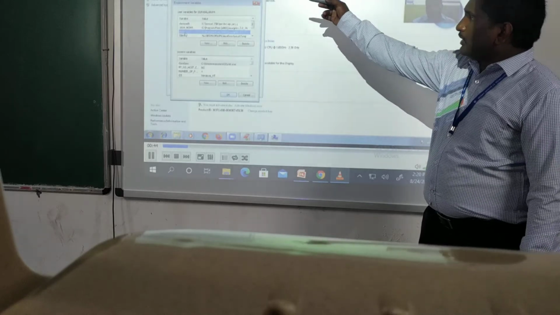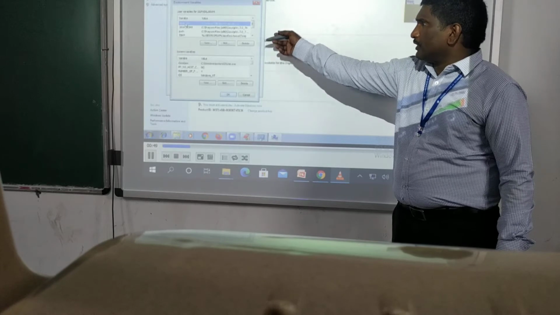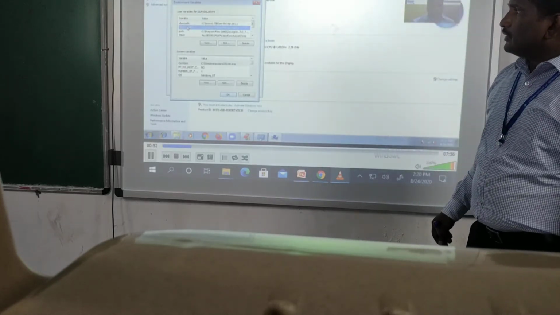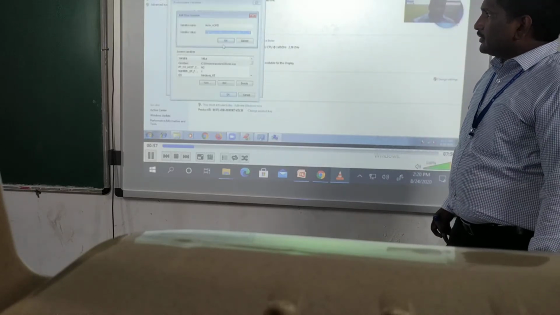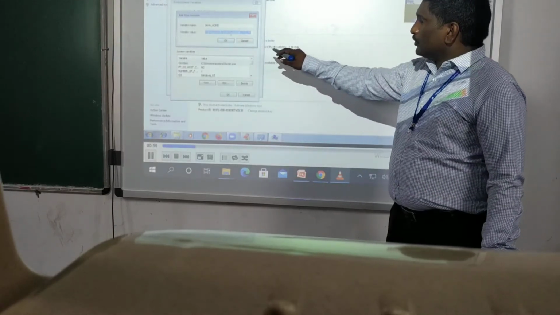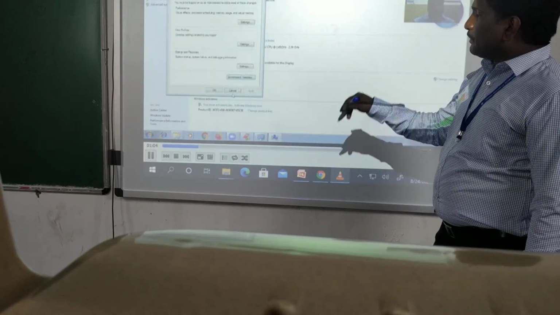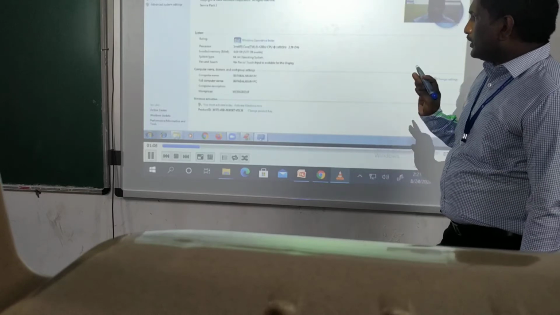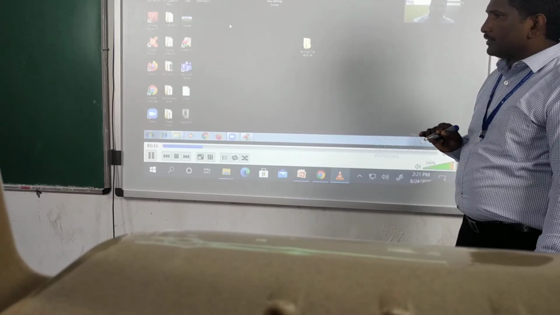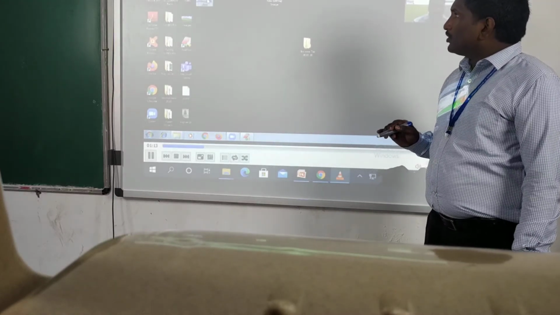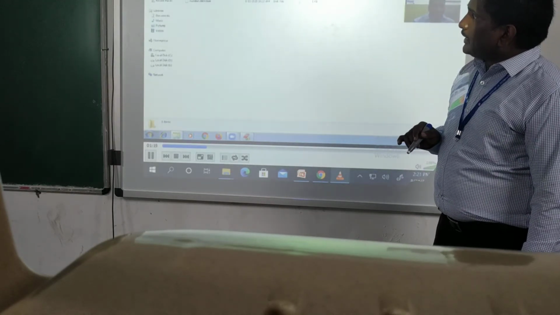This is the environment variable window; this is the user variable and this is the system variable. In the user variable, you can do it anywhere. Here we also need to set the JAVA_HOME path like this. After setting this path, click OK, close this console, and then check this directory. Our directory name is adding application.